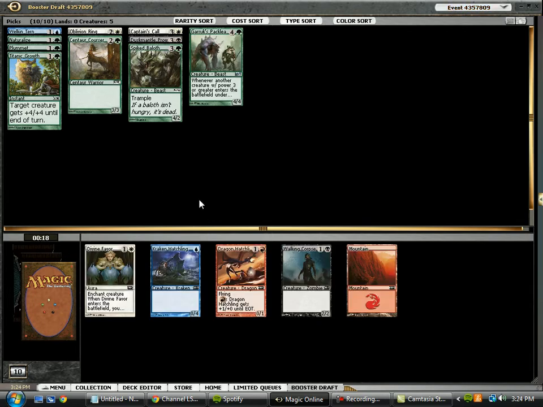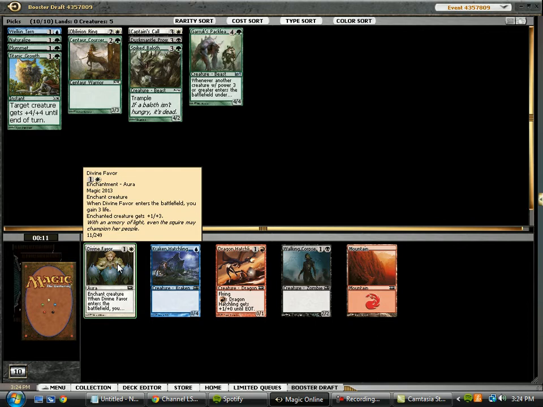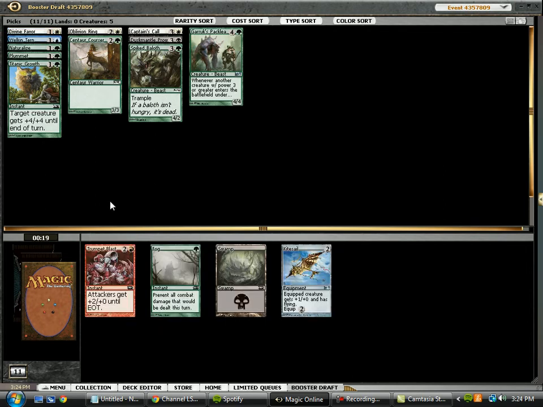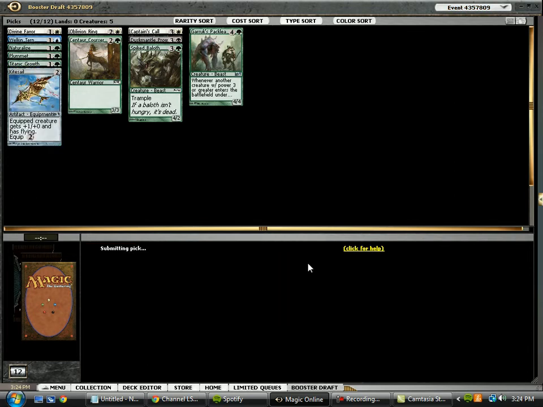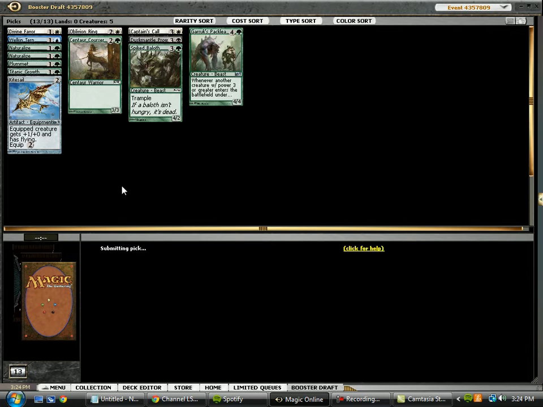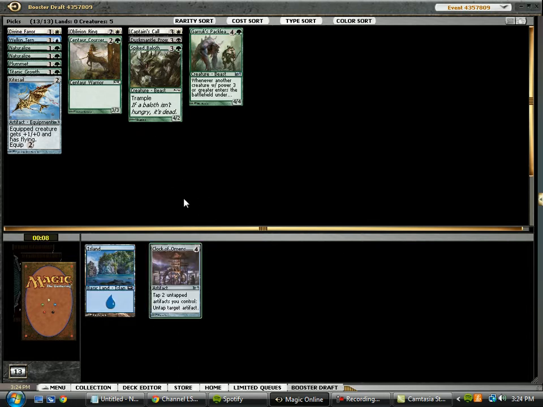Alright, so here we have nothing too exciting. I mean, Divine Favor is iffy. Walking Corpse is kind of a hedge for black. Not terribly excited about either one of them, but I think I'll just pick up the Favor here. Kite Sail could be good. Yeah, we'll grab another Naturalize. Probably not be running both, but...